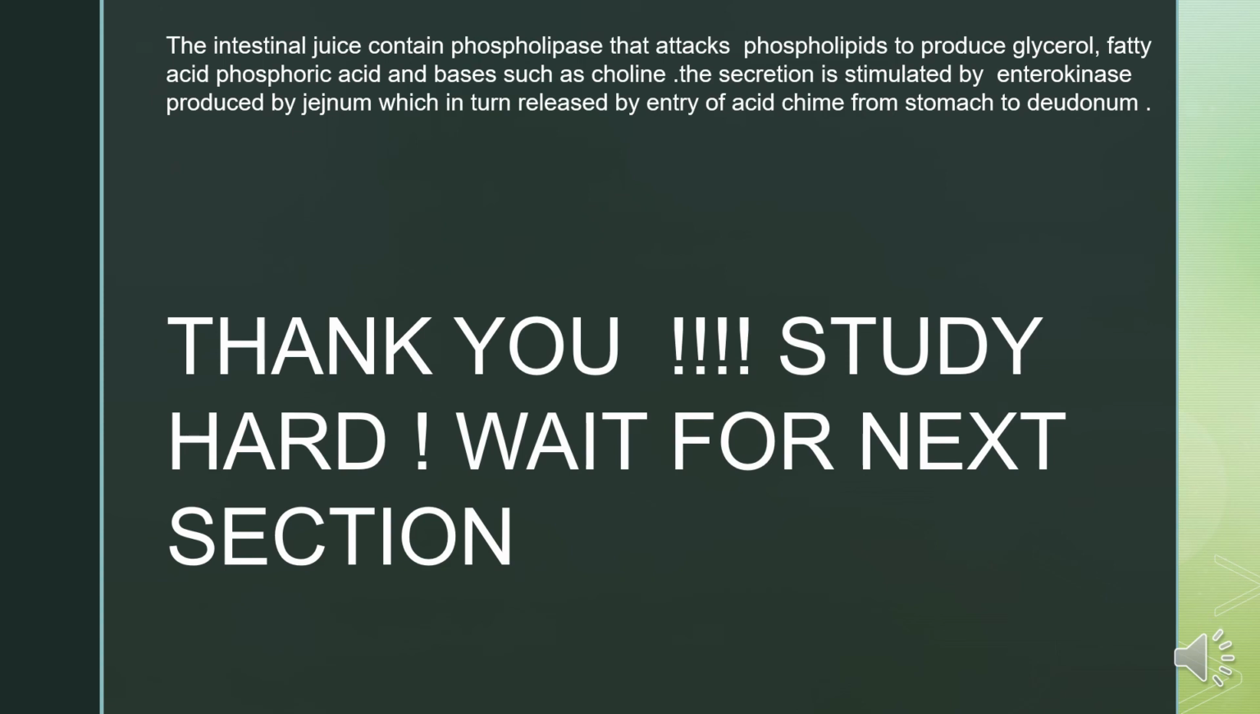The intestinal juice contains phospholipase that attacks phospholipids to produce glycerol and fatty acid, phosphoric acid and bases such as choline. The secretion is stimulated by enterokinase produced by the jejunum, which in turn is released by entry of acid chyme from the stomach